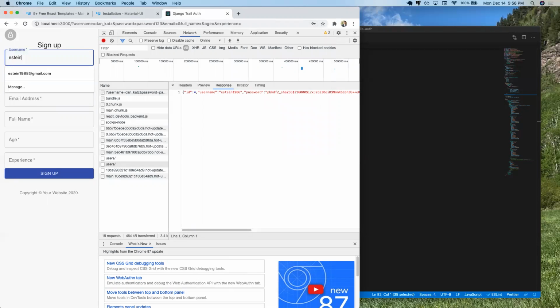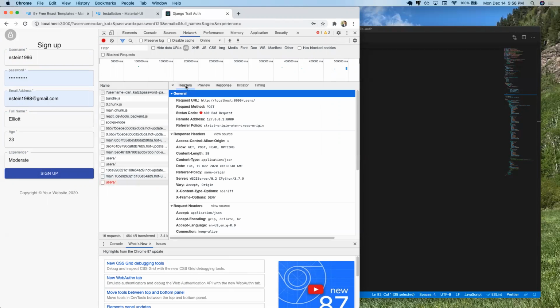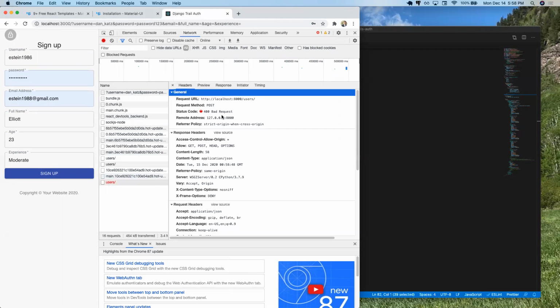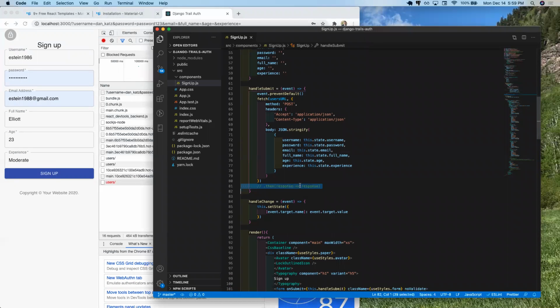So let's try all the same things, and I'll show you what gets sent back. Eastine 1988, Elliot, and 23, let's call it this time, and moderate still. But if you try signing up like that, it says a user with that name already exists, and that was a 400. So what I do is, if the user tries to submit and we get a response,